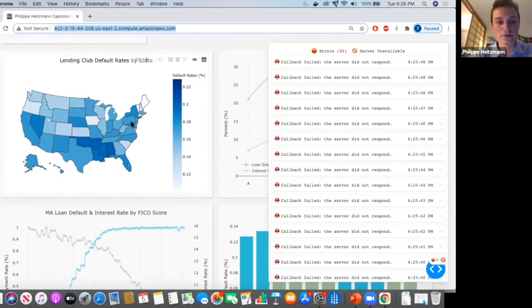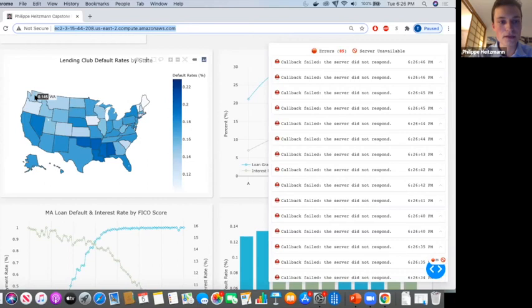So the intuition that you're trying to build is high level in this case, where you're looking at a map of the United States, where you're displaying the default rates for each state. At first glance, this is an interesting view where you can see that there seems to be some sort of regional clustering in the map, where southeastern states, Alabama, Mississippi, Louisiana display higher average default rates than other regional clusters. For example, the Northwestern United States, with states like Idaho, Oregon, or Washington, displaying lower than average default rates.